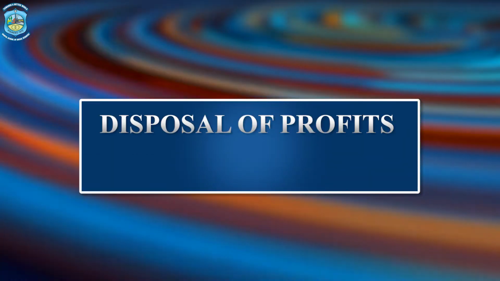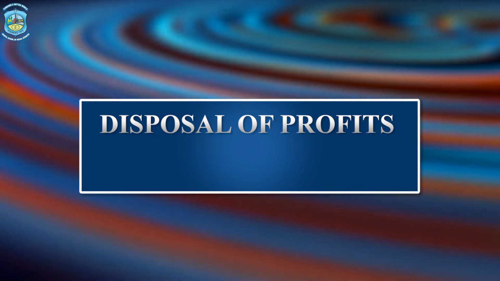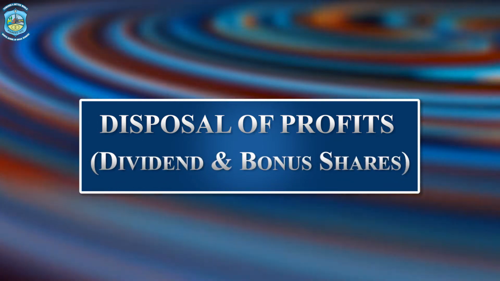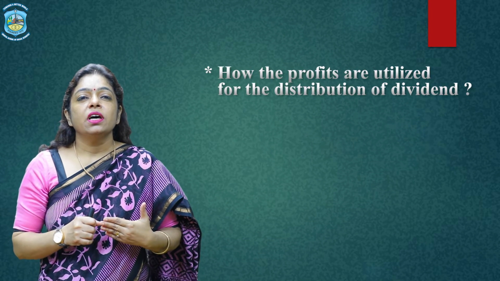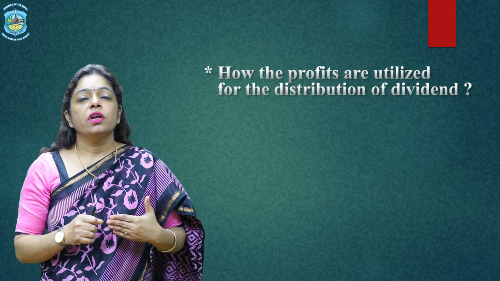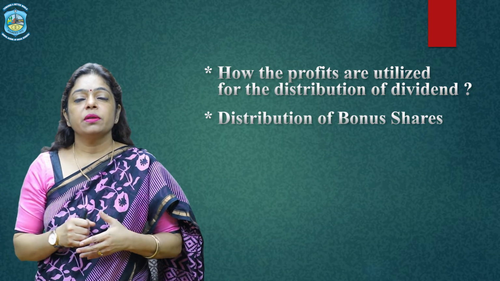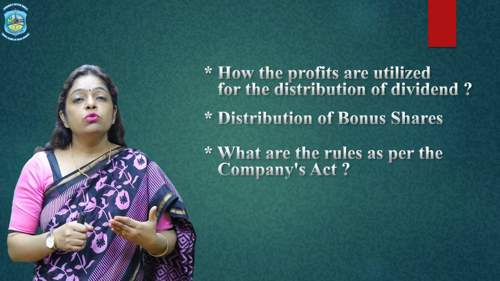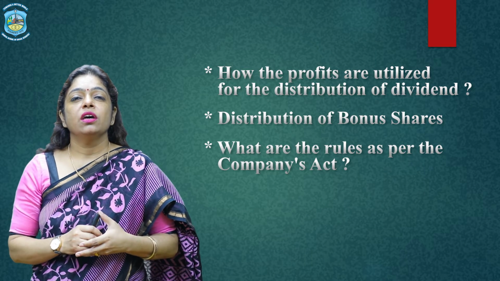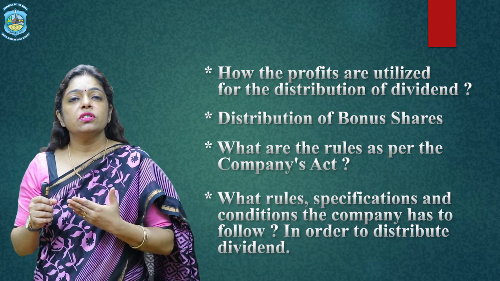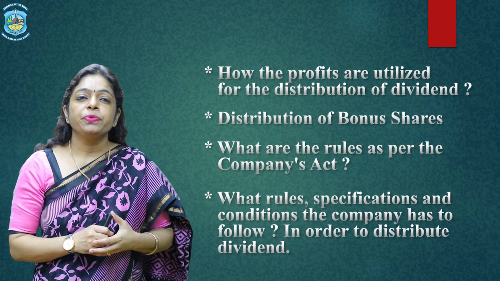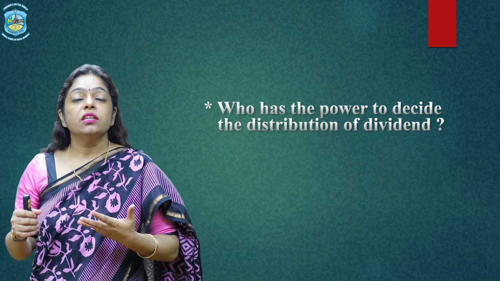Today, we are going to discuss a new topic, disposal of profits, and how the profits are utilized to give dividend and bonus shares. How the profits are utilized for distribution of dividend, distribution of bonus shares, what are the rules as per the Companies Act, what rules, specifications, conditions the companies have to follow in order to distribute dividend, who has the power to decide the distribution of dividend,